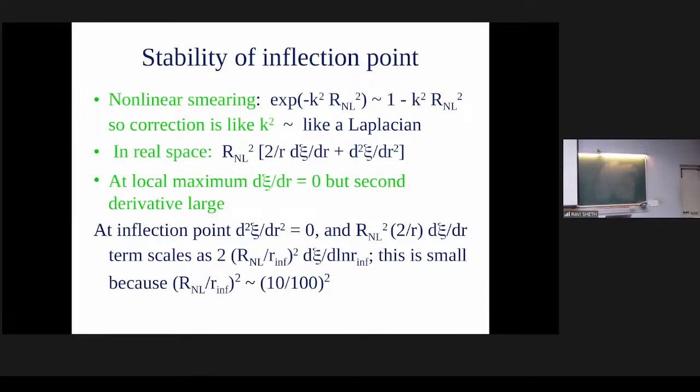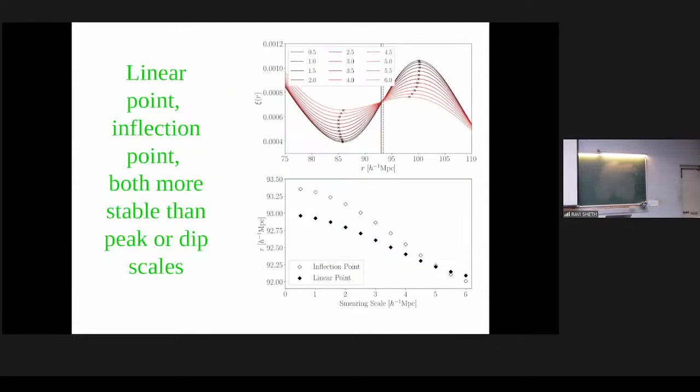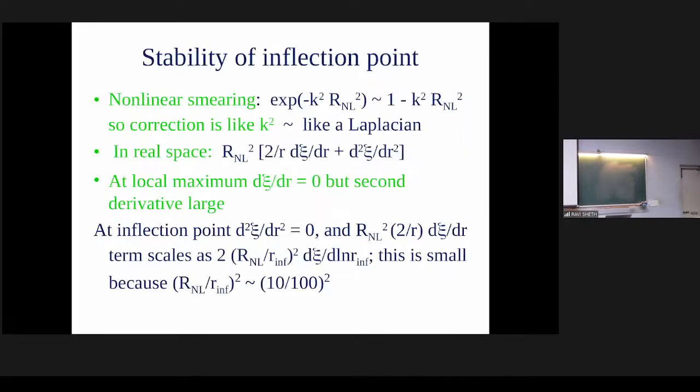So let's ask, when is the first one 0? That's the position of the peak, the maximum. When this one is 0, then this one may not be 0. In fact, if you look at the correlation function, where the maximum is, is where you are maximally dropping down, so where it's most curved. That's where the second derivative is big. That's why the peak height changes a lot. It gets completely suppressed because this term is not 0. At the position of the maximum, this guy is a big correction.